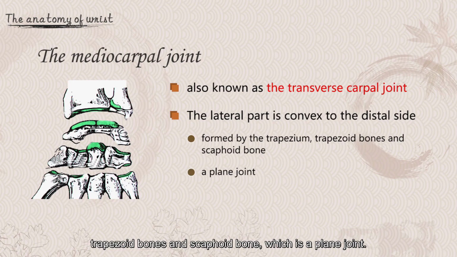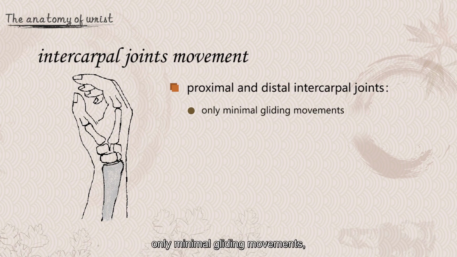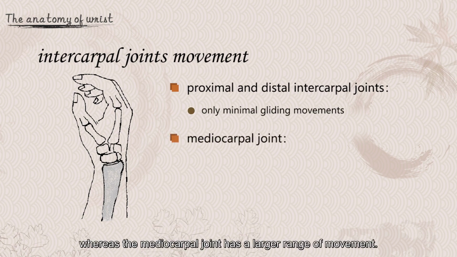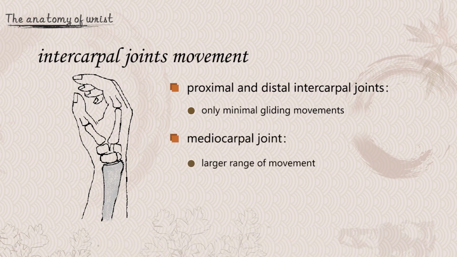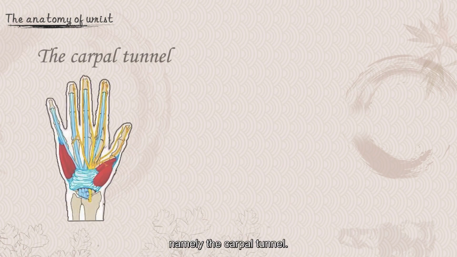which is a plane joint. In terms of the intercarpal joints' movement, the proximal and distal intercarpal joints are capable of only minimal gliding movements, whereas the medial carpal joint has a large range of movement. In conjunction with the radial carpal joint, it can increase the range of flexion, extension, abduction, and adduction of the wrist. Apart from the bones and joints of the wrist, there is another important part to be studied, namely the